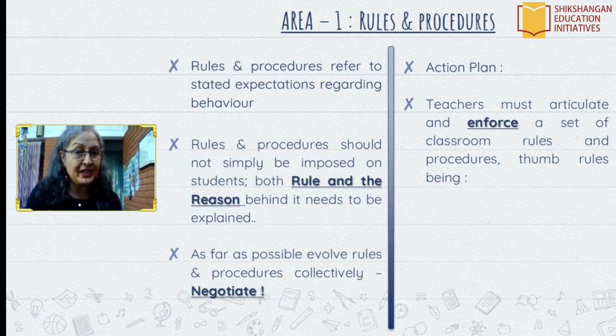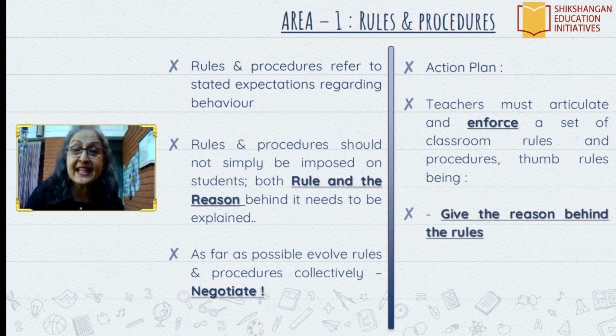When we say negotiate, what we are saying is that little bit of yours and little bit of mine, this is the rule I want you to follow. Are you agreeing? So we sit in conferences with students as young as kindergarten and ask them, listen, you're making a lot of noise. Can we talk about this? How would you like to really behave? You're skating and zipping around in the corridors. What would you like me to do? And when they say, I still need the smooth corridor to skate, you say, okay, let's negotiate the time. But when can you do it? And how can you be safe?